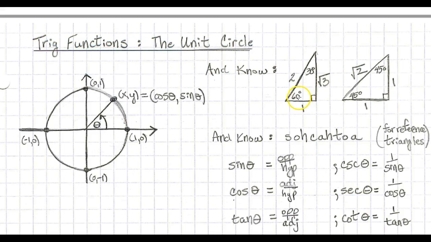60 degrees is also known as pi over 3. In the 45, 45, 90, if I label this 1 and 1 on the sides, then the hypotenuse would be square root of 2. So you just have to remember these triangles and then use these as reference angles, reference triangles, because then we remember this